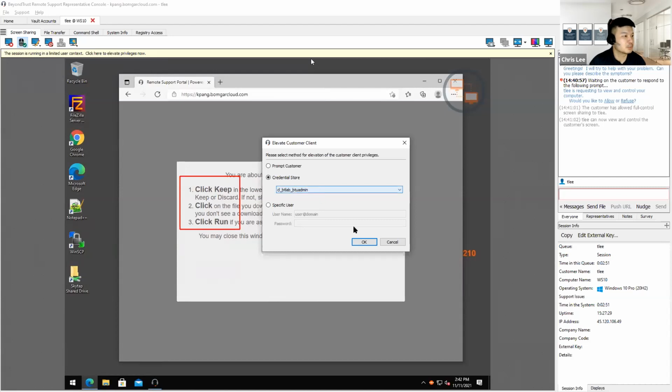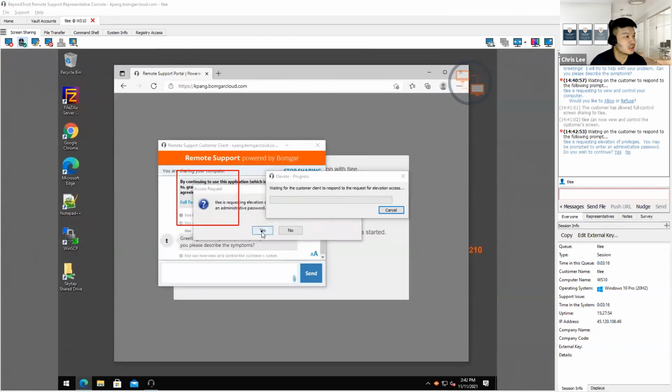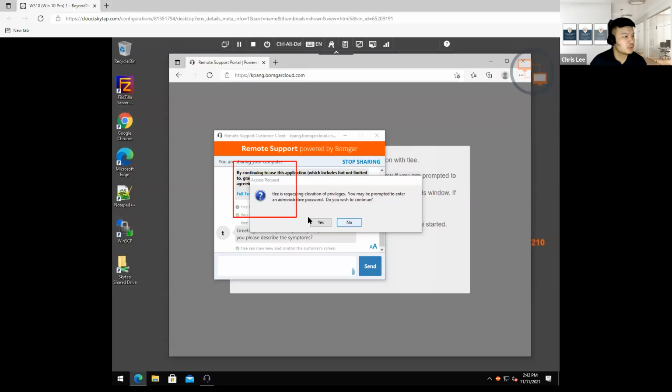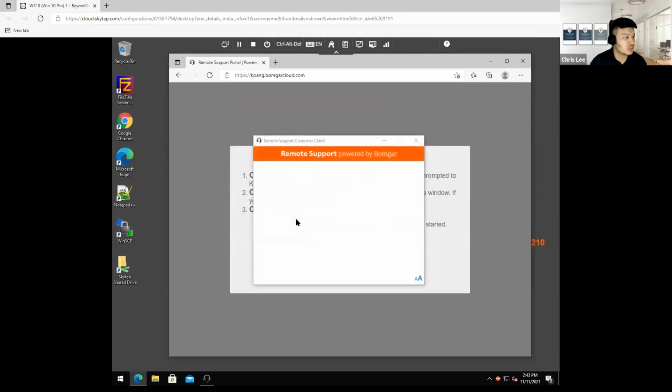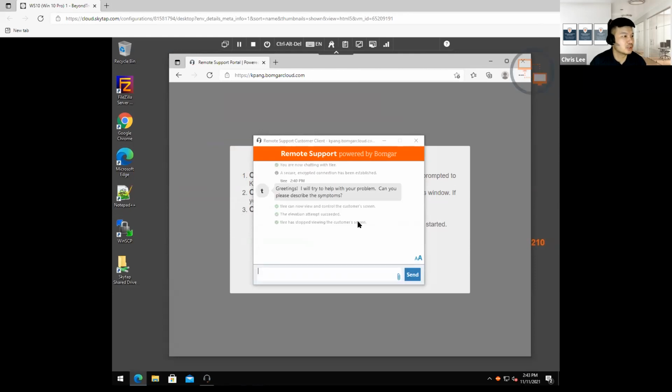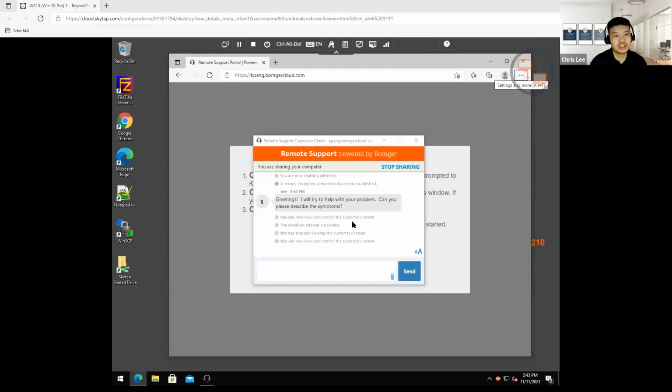Sometimes as a support personnel, I can't solve the problem simply by looking at the screen, and therefore I need to elevate myself as administrator, but at the same time we just don't want to give out the privileged accounts to my help desk personnel. So what I do is let them assign some privileged credential to them. They don't know the password, but they can still ask for the session elevation. From the user's perspective, they will see it's getting elevated: do you want to elevate the session? If I say yes, we will re-establish the connection with the elevated rights.